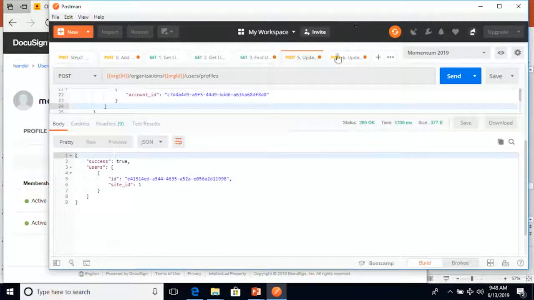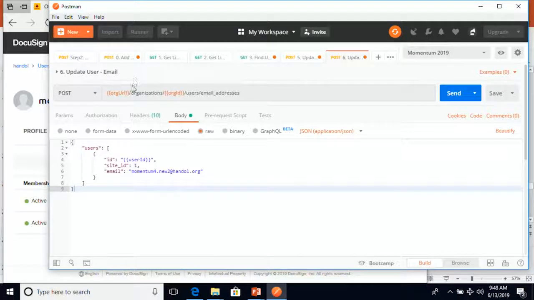Okay, so the next demonstration will be updating their email address. I don't know if anyone ever tried updating the email address before, but that required user intervention to change their email and update their password. But now you can do that all seamlessly and automatically. So we're going to do the email address endpoint.